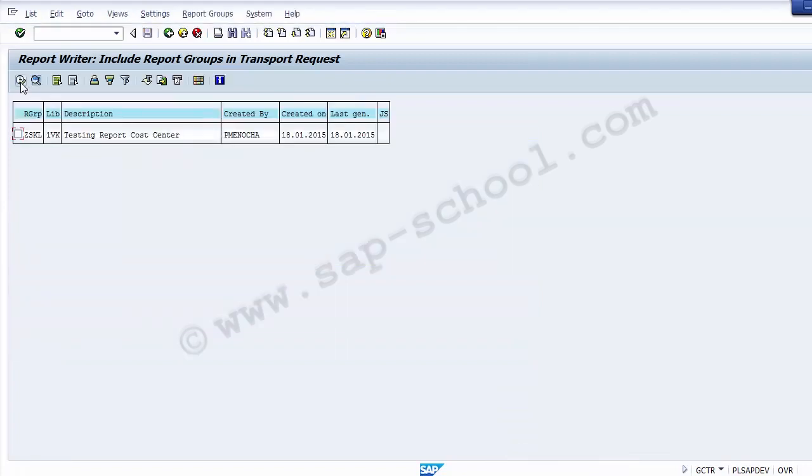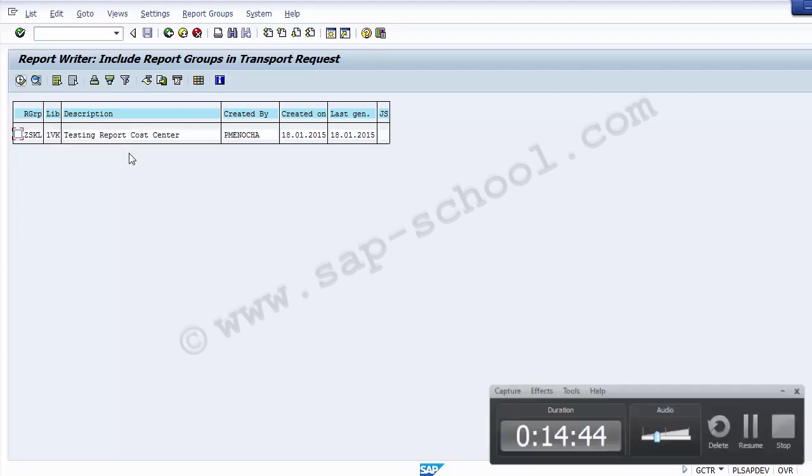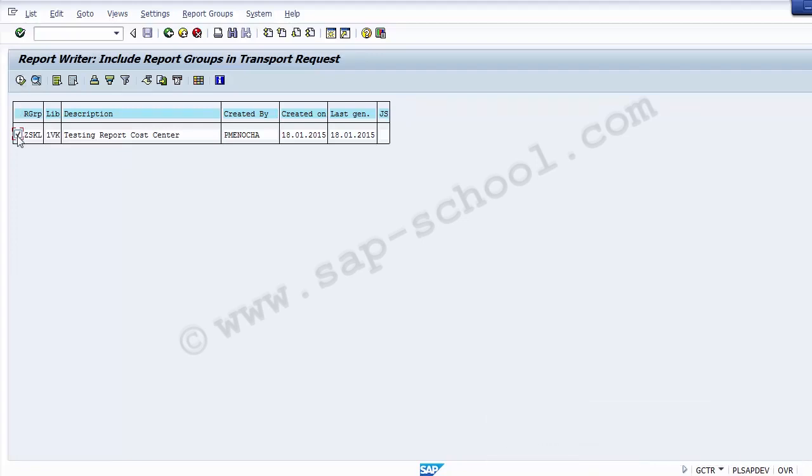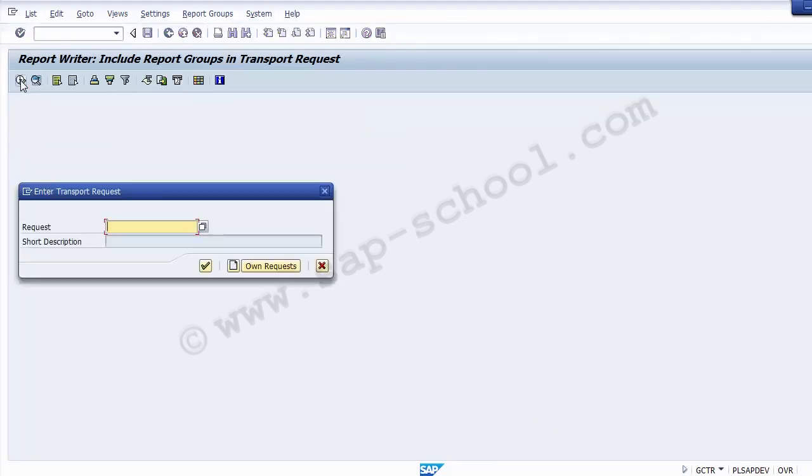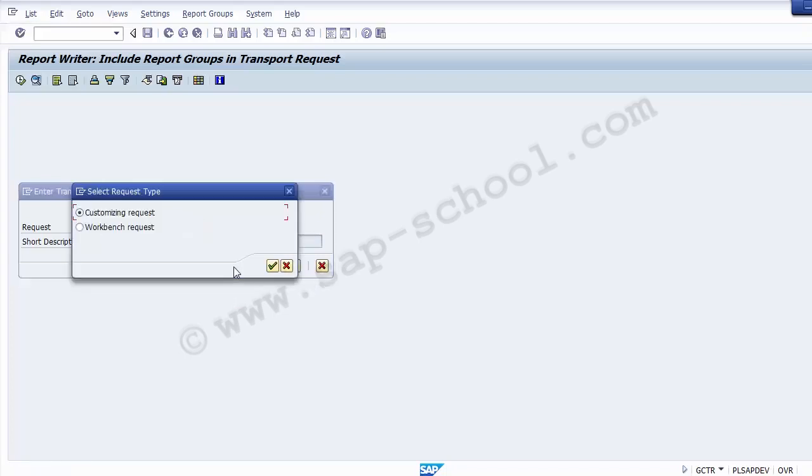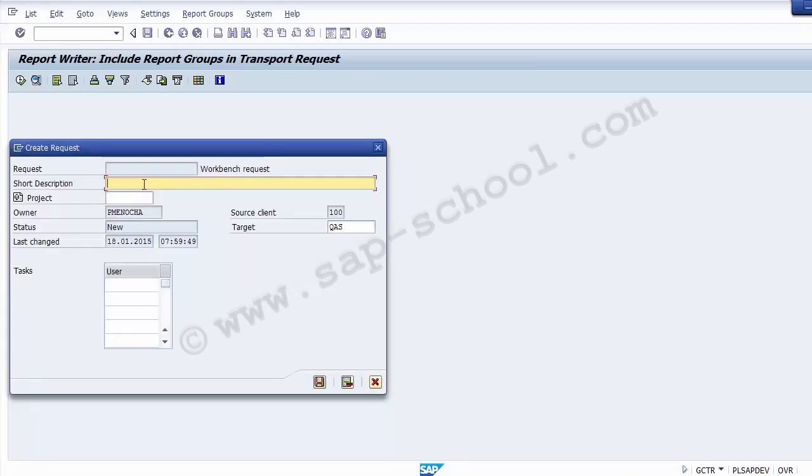Once we have executed this part, now you can see that you select the report over here and now execute. Once executed, you can see that a transport request has been generated on the system, and over here you need to create your own transport request. So you need to go to create request over here, click onto this now and save it in a workbench request. Once you click onto the workbench request, now select OK and now put the description to it,